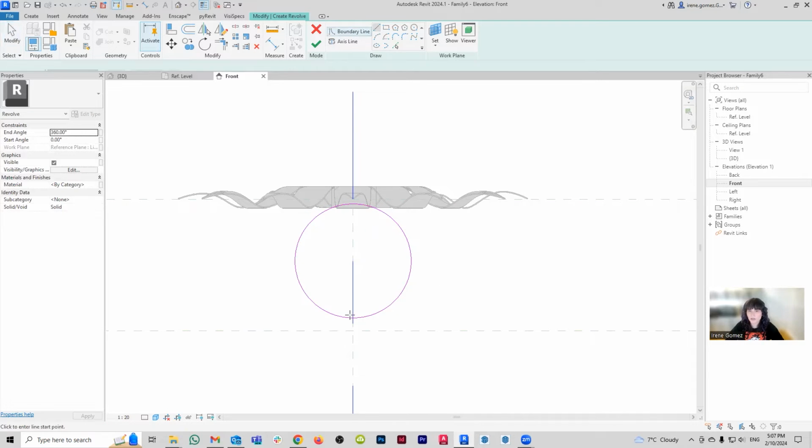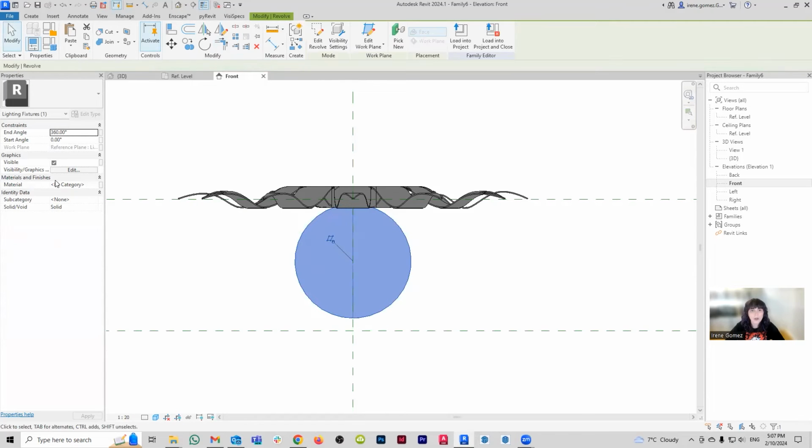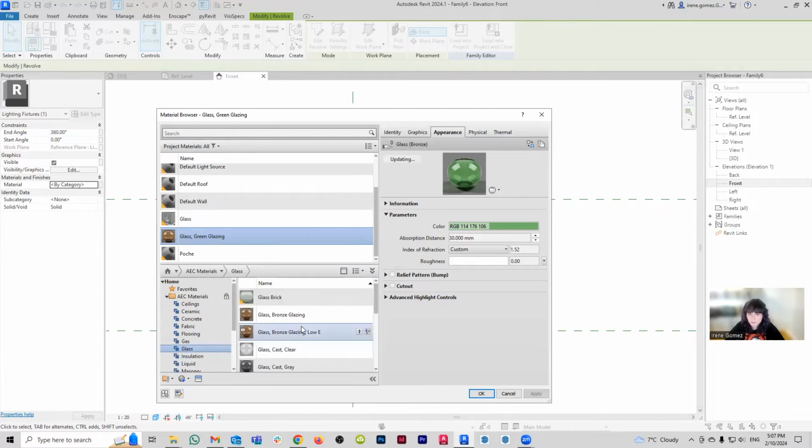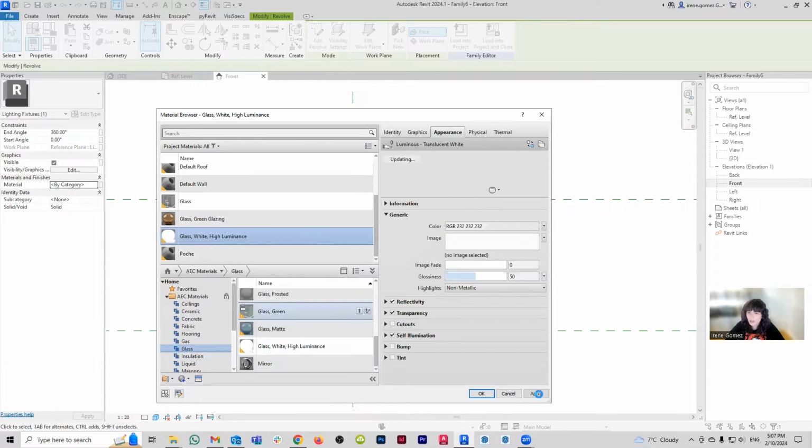And then because it's a revolve, I need to cut the sphere in half. So we're going to go SL to split. Then I'm going to go trim, trim, trim, trim, trim, trim. There we go. Say yes. And there's my sphere. Now, because it's a sphere, I just need it to be light. So for that, there is a material within the glass category, which is just illuminated glass. And I am going to select that guy in particular, and I'm just going to apply it.